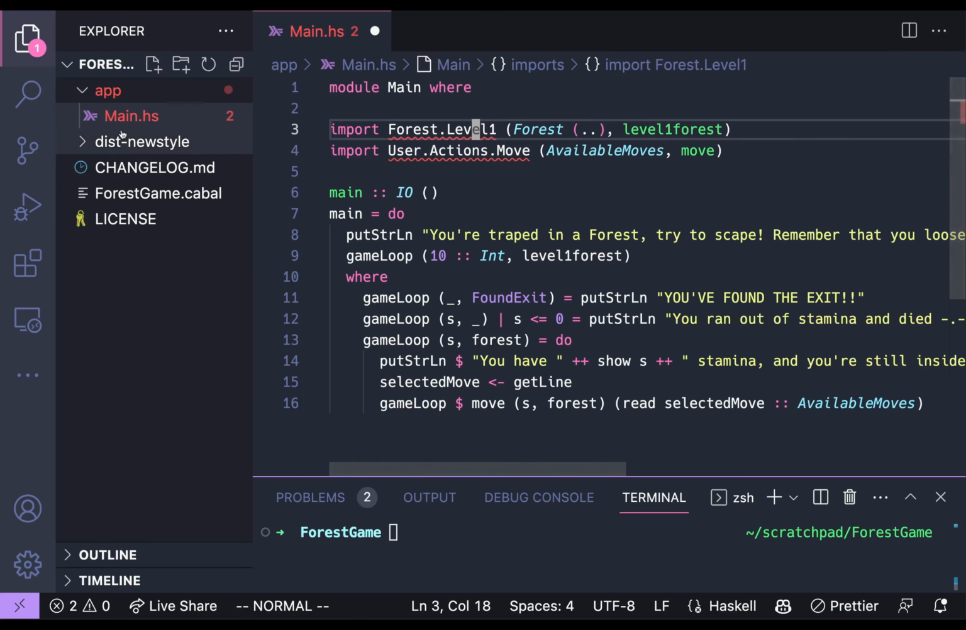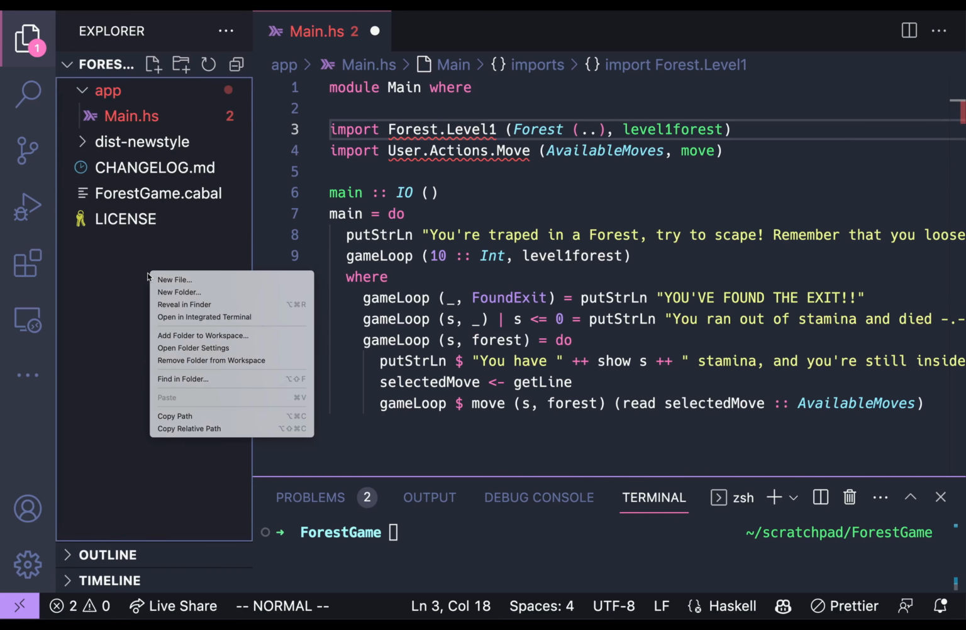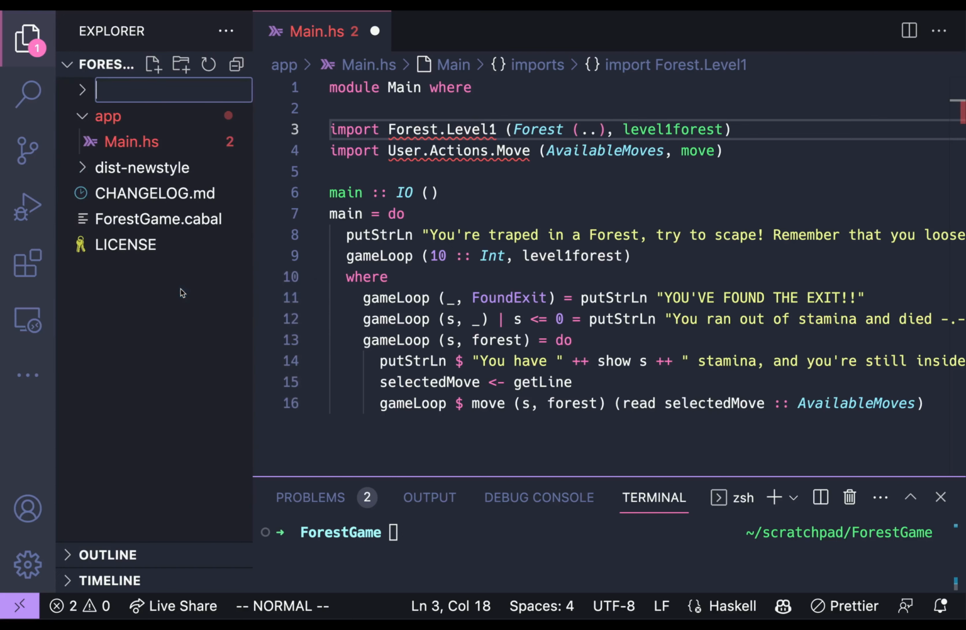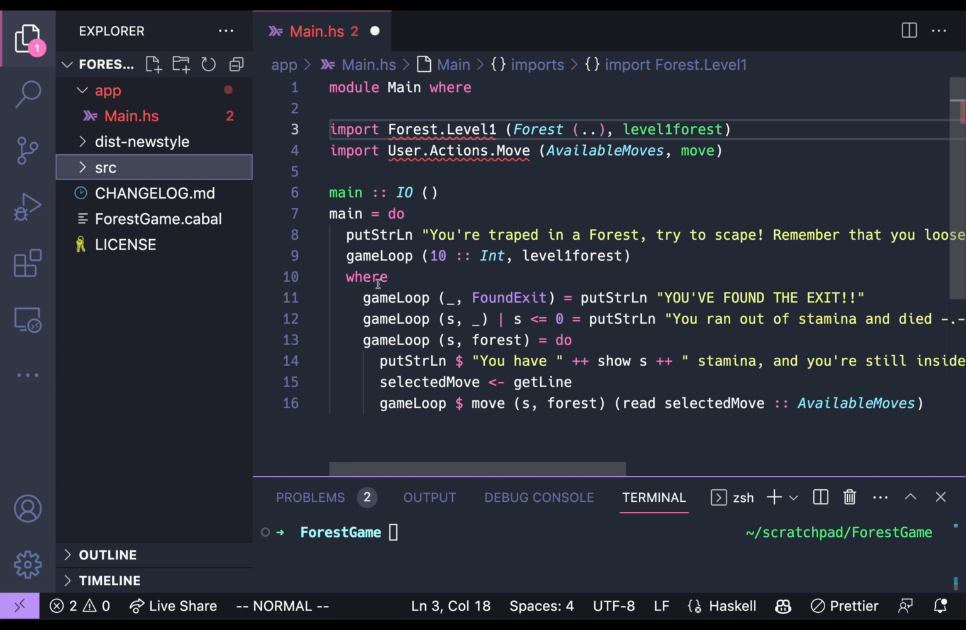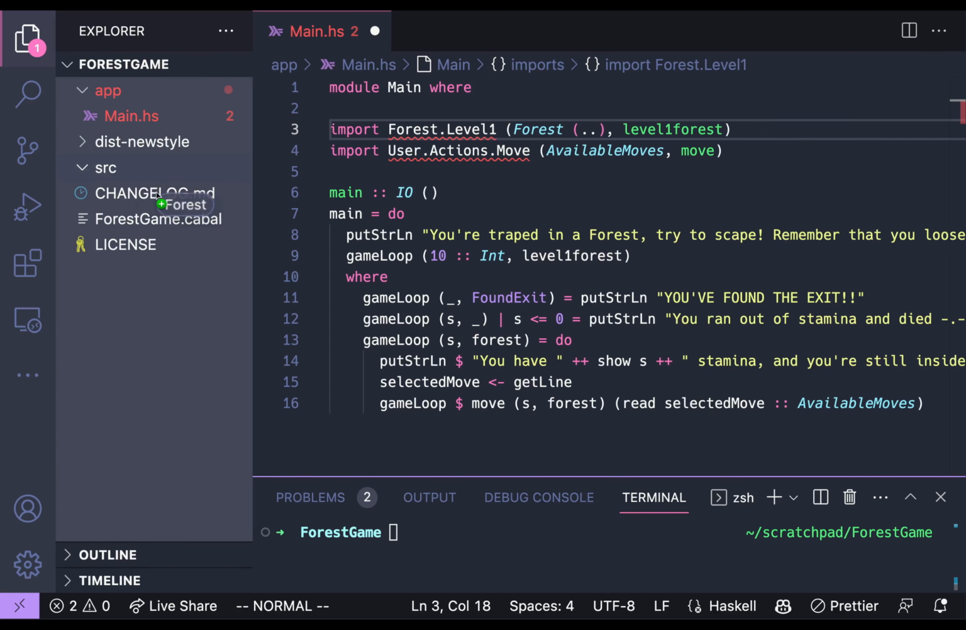We could copy and paste them inside this app directory, but instead we're going to create a new folder called source that's going to contain most of our source code. And in the app folder, we're going to leave just the main action, the entry point of our executable. This structure of having just the main here and the rest of the code here is pretty common in Haskell programs. So now inside this source, let's copy